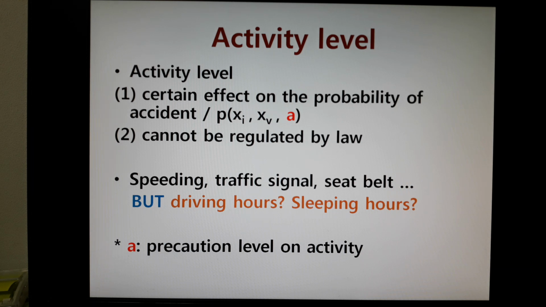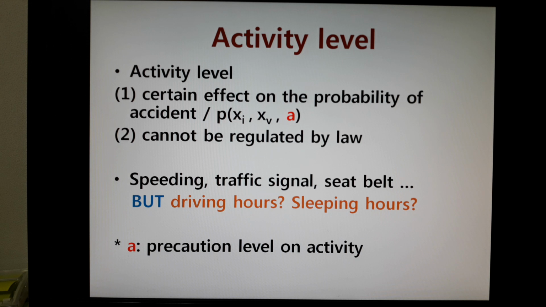So the injurer would exactly set its precaution level at the socially optimal, given that the victim would calculate what should be my precaution level, conditional on the injurer's precaution level being the same as the socially optimal level. After calculation, the victim would find out, oh, I should set my precaution level the same as the socially optimal. So the negligence rule achieves both precaution levels the same as the socially optimal level. Okay, that is what we have done in